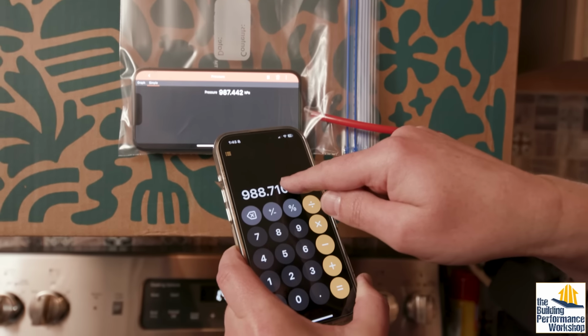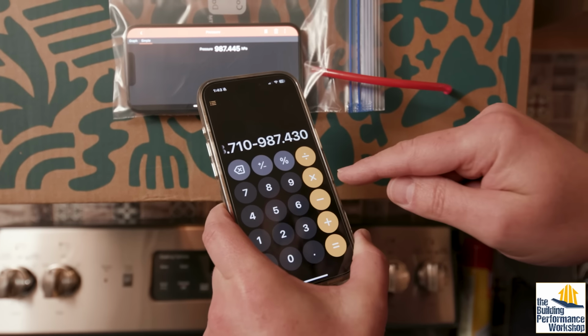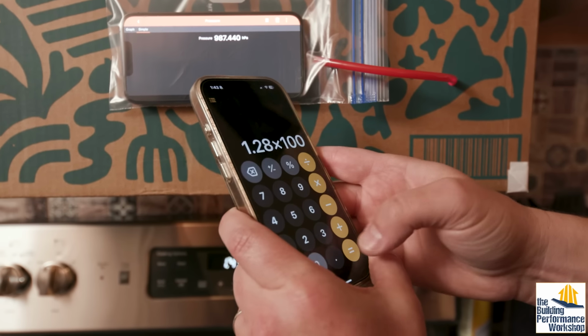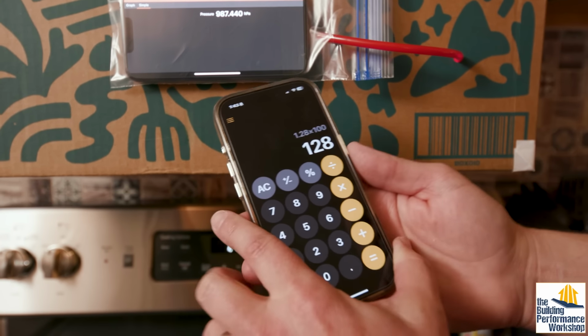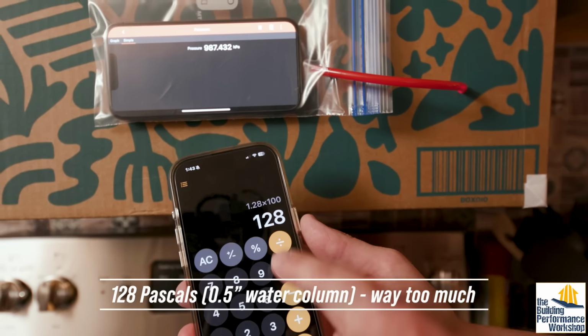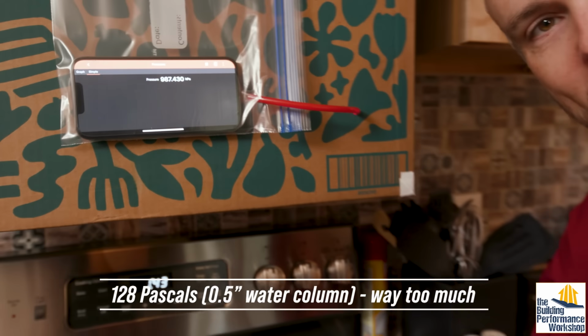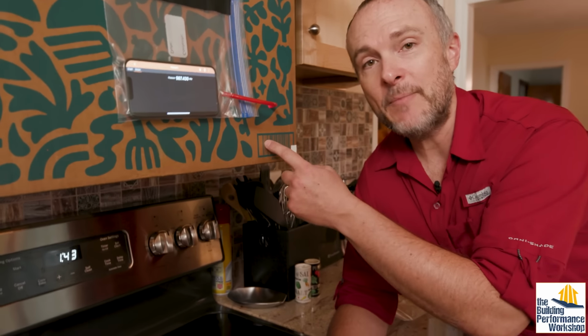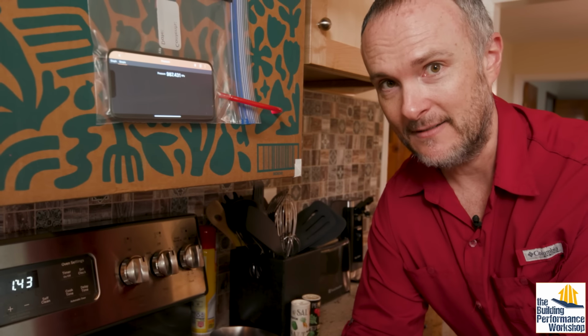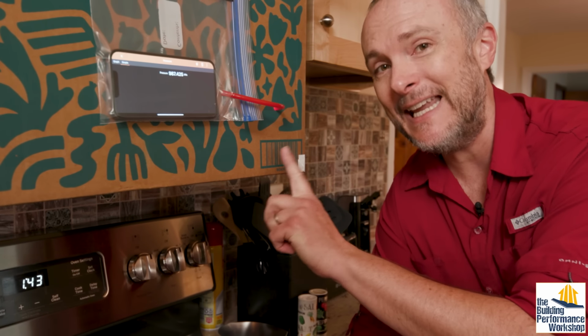The first number that we started with, 988.710 minus 987.430 equals 1.28, times 100 to convert into pascals. And the inside of this box is depressurized by 128 pascals. Now, here's why this is really important. Inside this box, you do not want it to be more than 8 pascals depressurized, because if it is, then